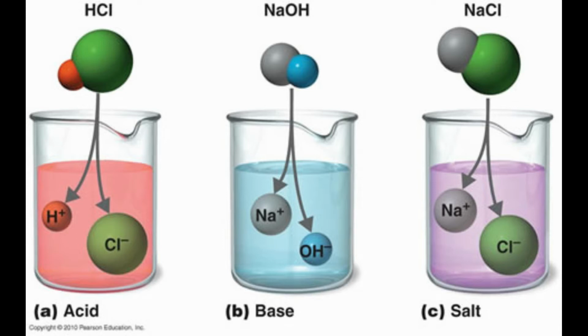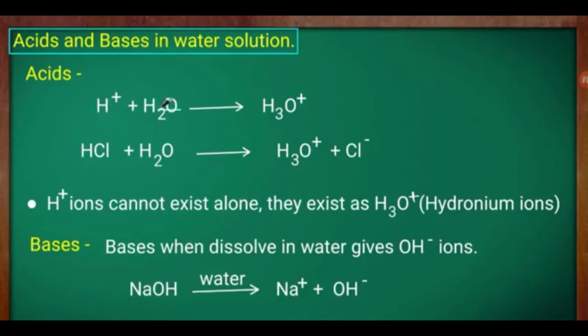An acid is a substance which dissociates or ionizes on dissolving in water to produce hydrogen ions. That is, HCl, hydrochloric acid, gives rise to H+ hydrogen ions and Cl- chloride ions. When we add acid to water, the hydrogen ion forms a hydronium ion, that is, H+ plus a water molecule H2O gives rise to H3O+.